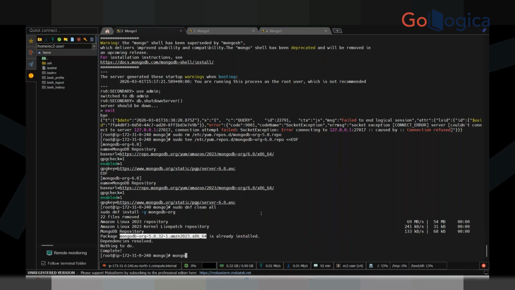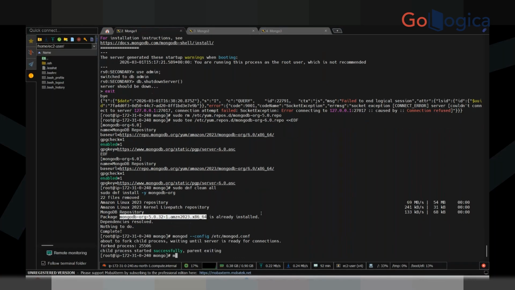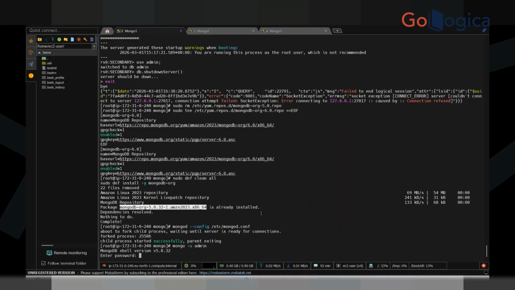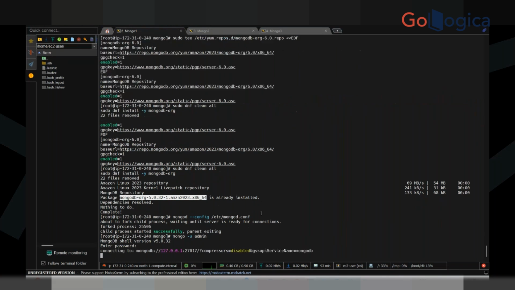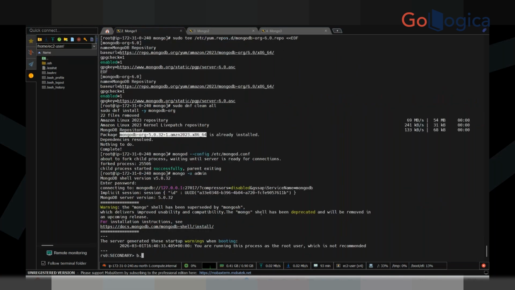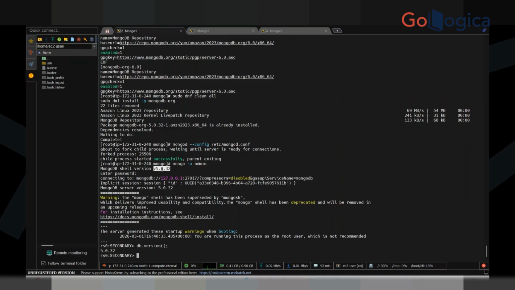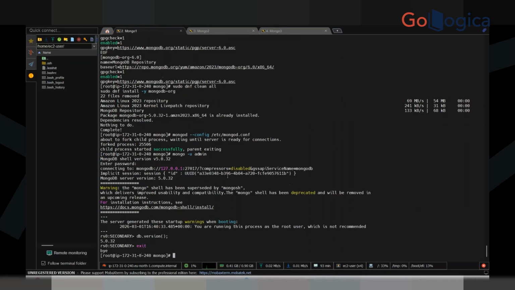Let me start my MongoDB and see what version it is actually running. I guess it is not upgraded. See, it is 5.0.32 only. I need to remove that old one. Then only it should